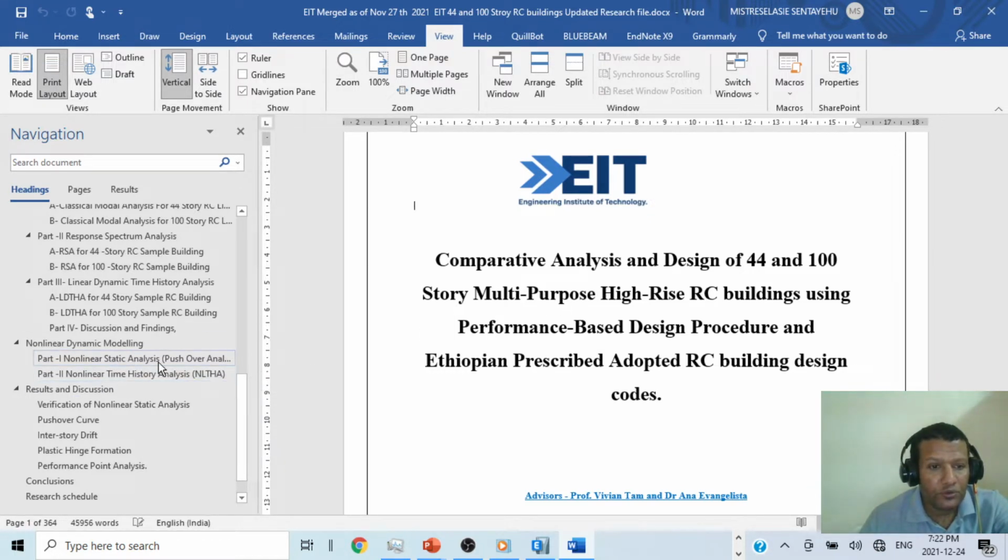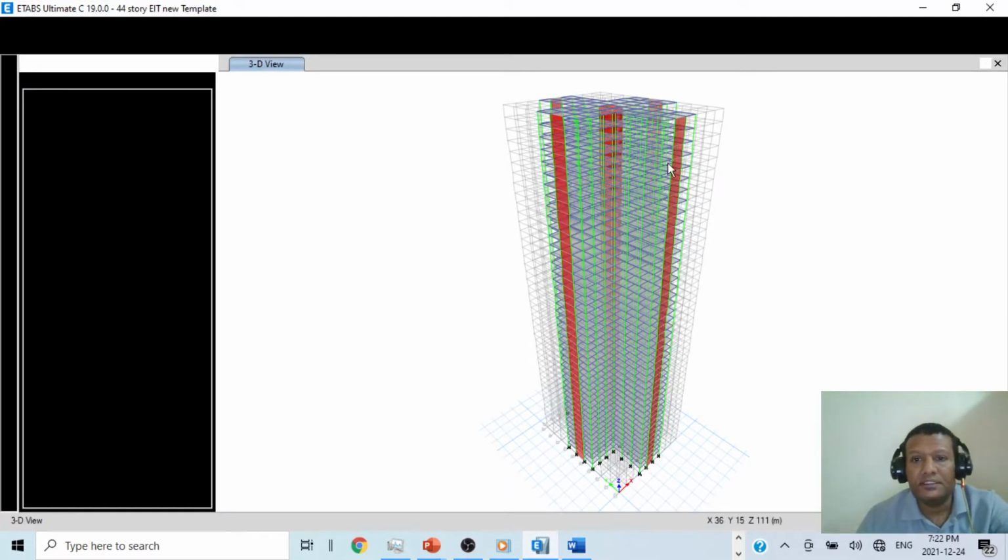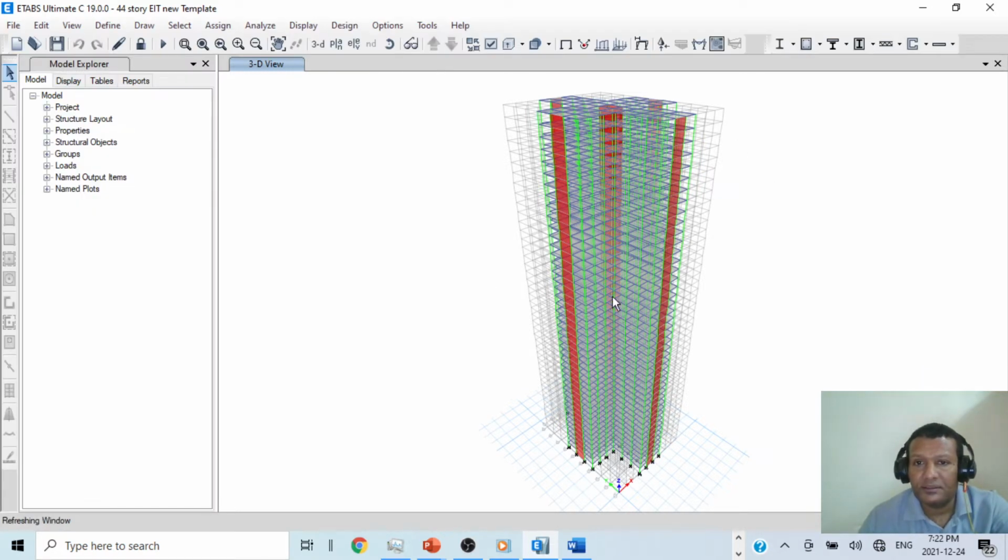So I will show you, and let me go to ETABS. This is our model. We performed linear analysis, classical modal analysis, response spectrum analysis, and time history analysis for the linear case. But now I have changed this model into nonlinear. So if I want to show you,